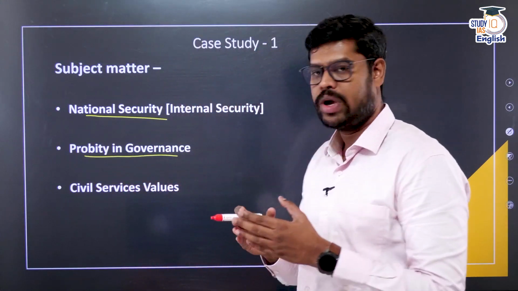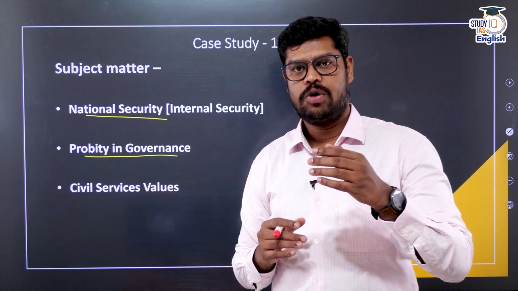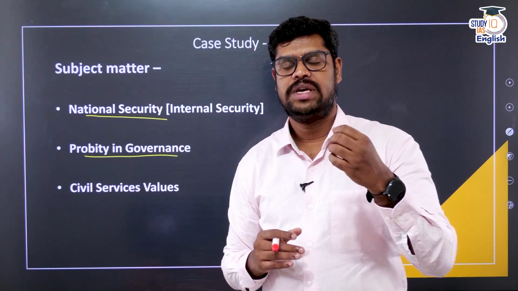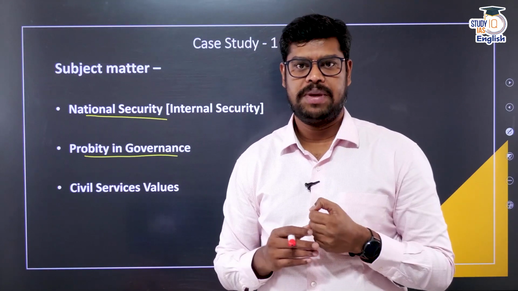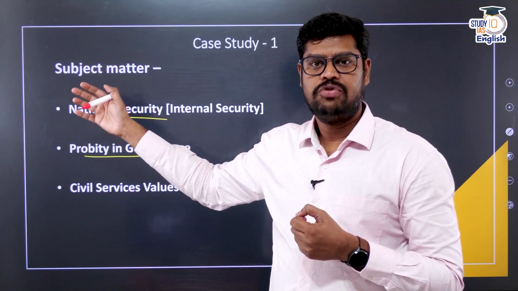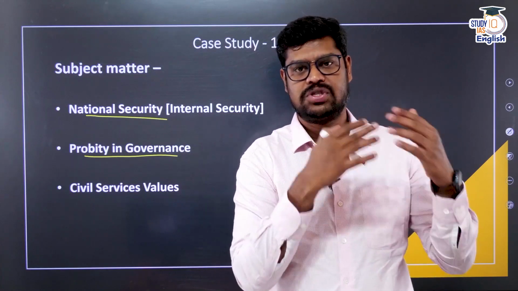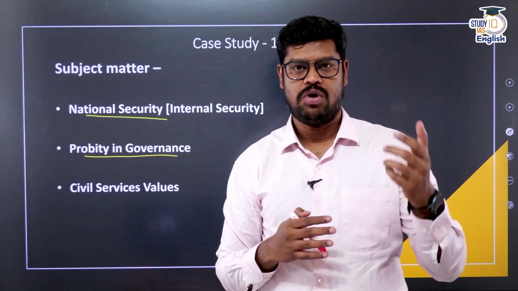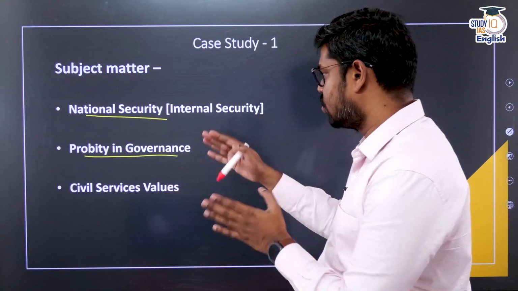So it's a national security concern, and it is also related to what is called probity in governance. Why would I say it is probity in governance? It is also specifically mentioned in your syllabus. Probity in governance means that anybody who is appointed to a government office or elected to a government office is supposed to exhibit the highest levels of behavior that command respect from the people. As a government servant, in this case, the additional secretary or the other security personnel are not exercising the highest standards of behavior. They are not following the objectivity and the honesty based on which they are supposed to perform their duties. So of course, it is also related to probity in governance,